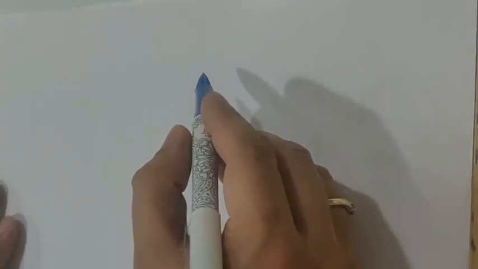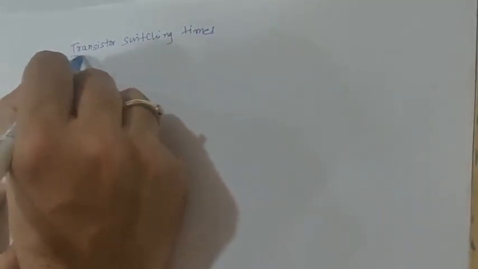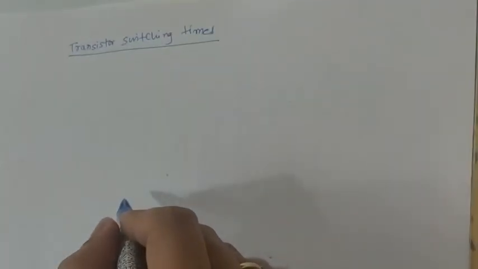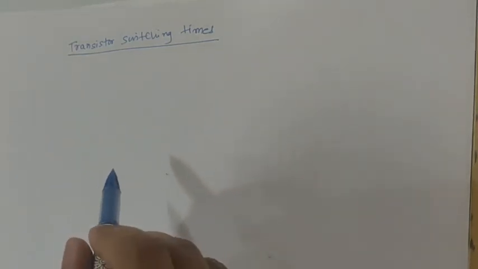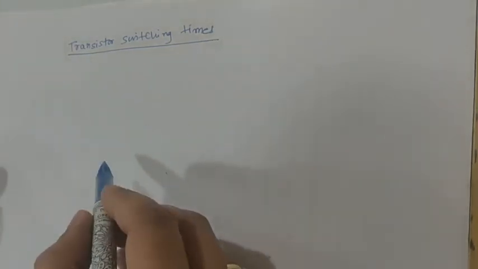So let me talk about transistor switching times, and then we will be explaining each and every transistor switching time. So our topic is transistor switching times. Okay. Now when the transistor acts as a switch, it is either in cutoff or saturation. To consider the behavior of transistor as it makes transition from one state to other, let us consider a circuit, of course the circuit that we have already drawn.